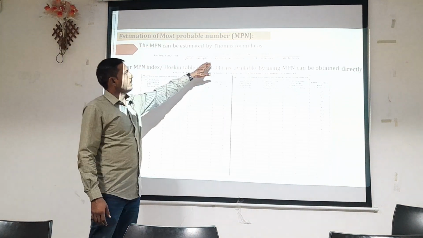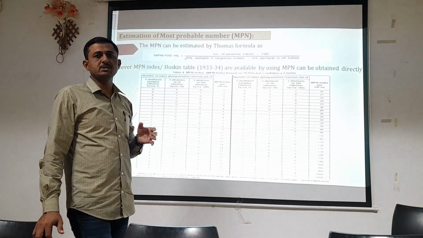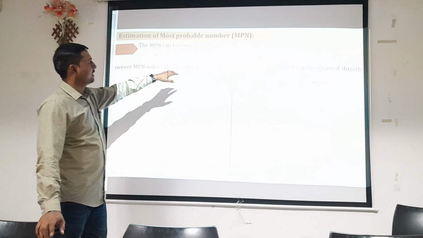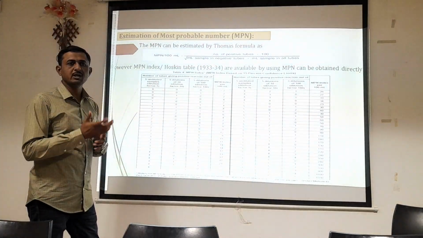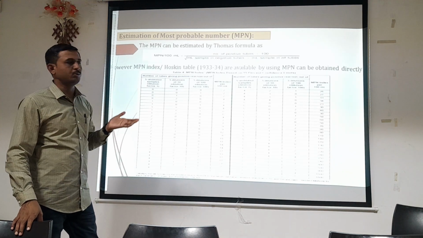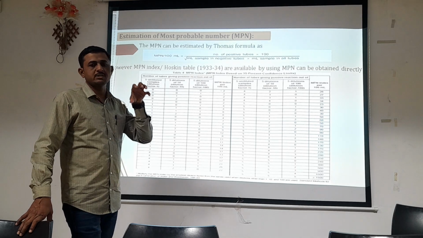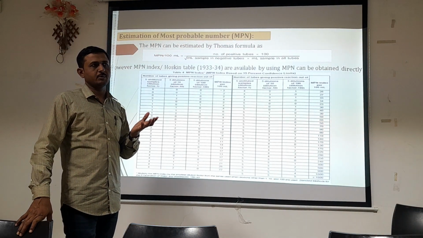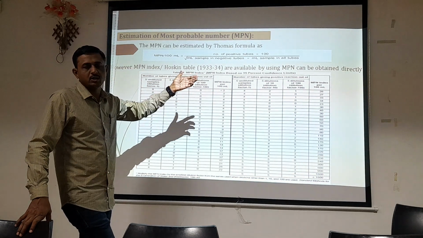Here, the number of positive tubes is what we have recorded previously in the presumptive test. You have to place it here into 100, divided by the ml of sample in negative tubes, that is, how much water sample you have inoculated in the negative tubes, into the ml of sample in all tubes. So all the total sample you have inoculated, you have to count it, which is 55.5 ml of water sample inoculated here.